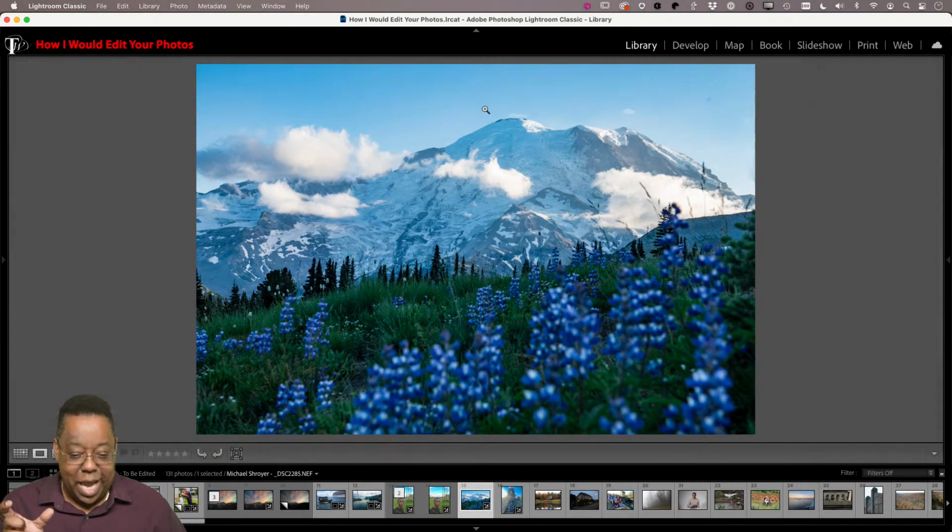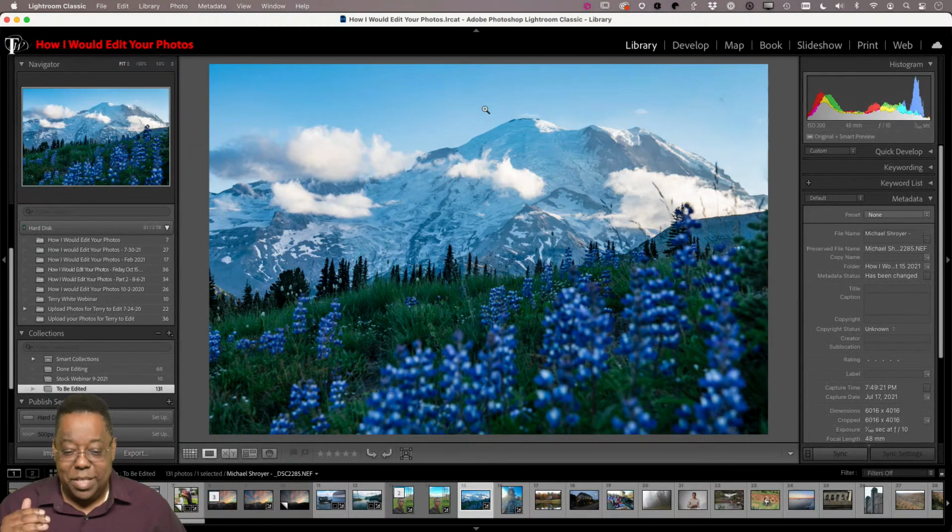So hitting the tab key automatically hides the left and right panel. Now they're not collapsed, they're just hidden. So hitting the tab key turns them on and off. And that way I can just get rid of them when I need to and work on an image without having to worry about those panels being visible left and right. Okay, next up,